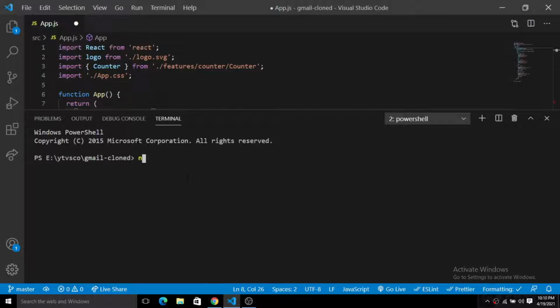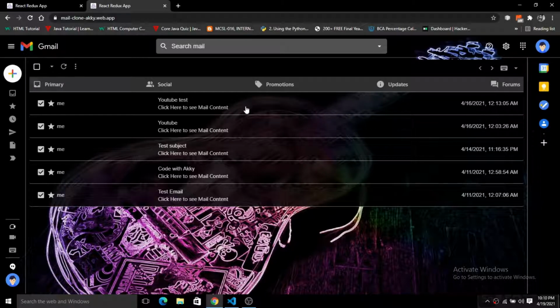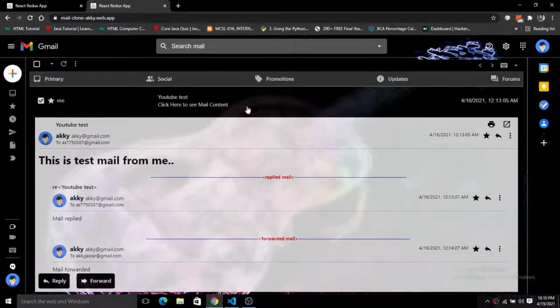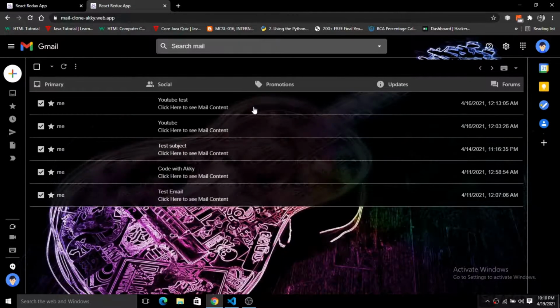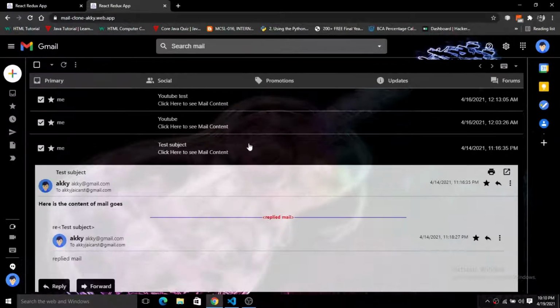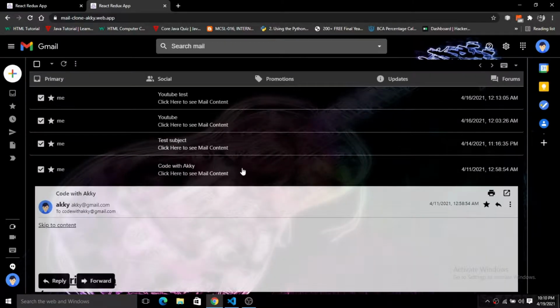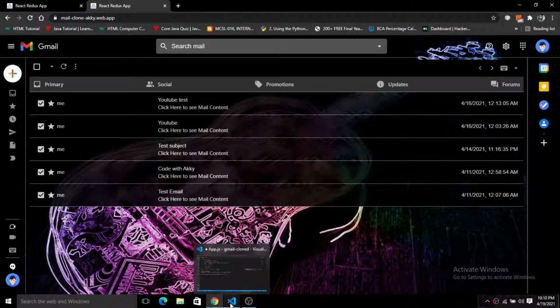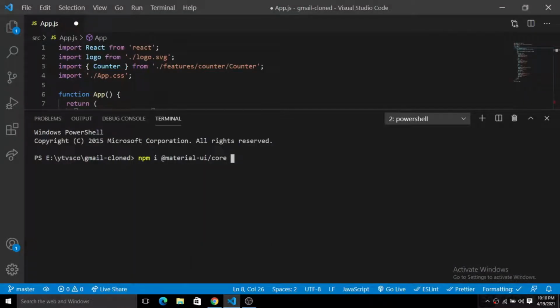For the front end, I will first of all install the Material UI core, which is very useful for the icons. You guys can see here all the icons and the accordion. If you see in the deployed version of this build, we have this accordion. When you click on this, it will simply expand. So this is the function of the accordion. We will get this accordion from the Material UI core, so you guys have to install the dependencies for this. So we have this Material UI core.